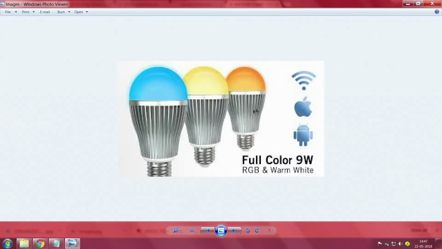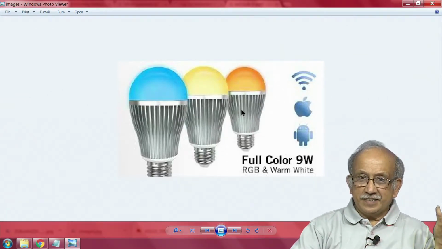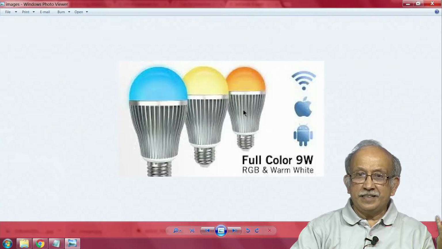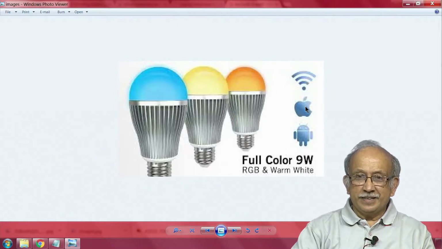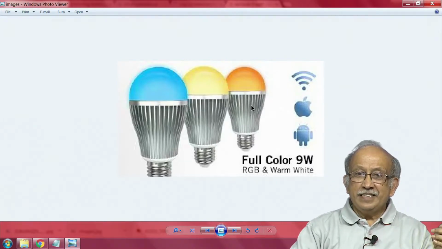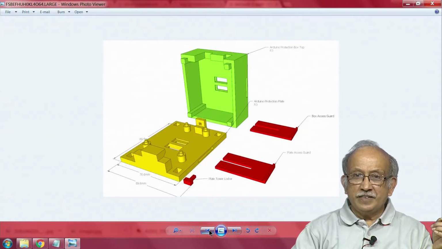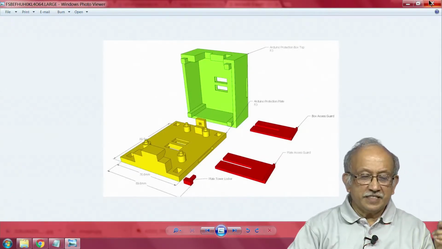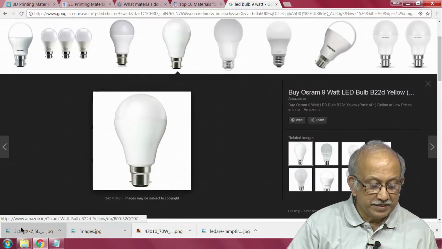And then you see here obviously it has some other function. In this case there is high power electronics, and it is able to, by wireless, both by iOS as well as Android, you can control the color of this whole device, and we have a heat sink that is made here, and obviously they are made of very interesting, absolutely breathtaking materials.